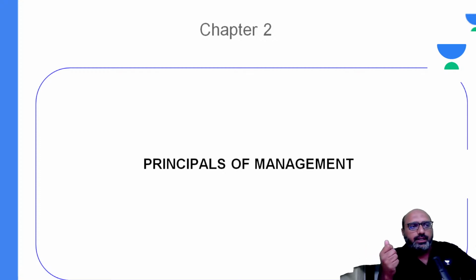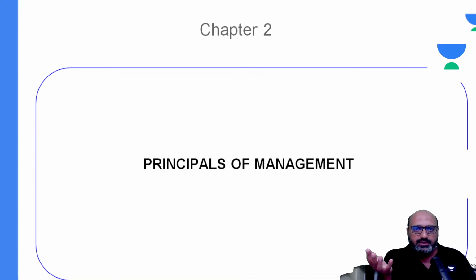Any principle related to production, there is one production life cycle. This is how you need to start the production of a particular product or service, right? These principles can be rigid, these principles can be flexible. When it comes to management, the principles are not that rigid, they are flexible in nature, because these principles are formed by scientists who have already worked in it, who know what is right and wrong about it. Okay,